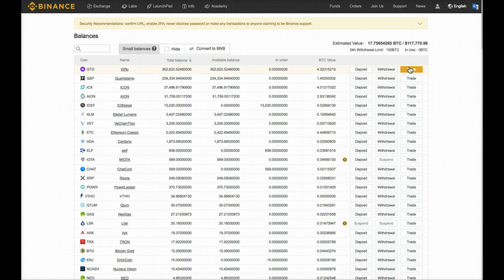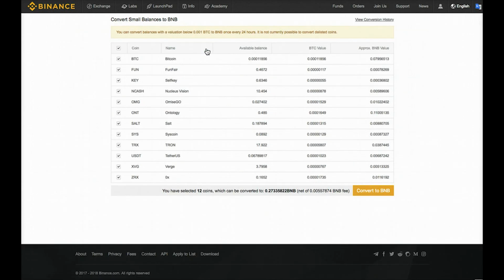And of course, if you click the trade button, it will bring you to the exchange page specifically for that coin. If you have had your Binance account for a while, you may have accumulated some very small balances of airdrop coins, because that happens with Binance. And when you do, if you want to, you can use the option at the top to convert to BNB, and it will bring you to a page where you can convert all your coin balances you have that are worth less than 0.001 Bitcoin to Binance Coin, which can be quite handy because you can use it to get the discount on your trading fees. So as you can see, these are all the balances I have that are under 0.001 in Bitcoin value, and if I wanted to, I could click this button and convert it to 0.27 some odd Binance Coin.